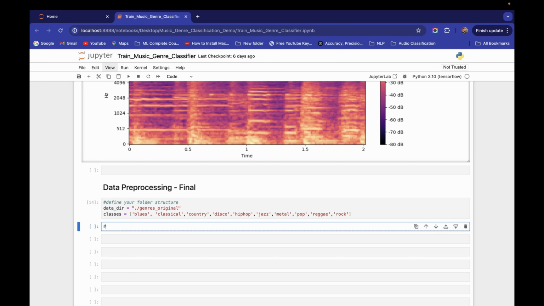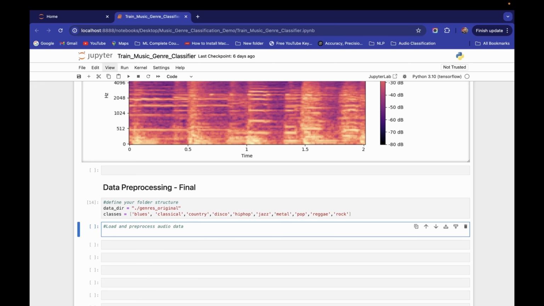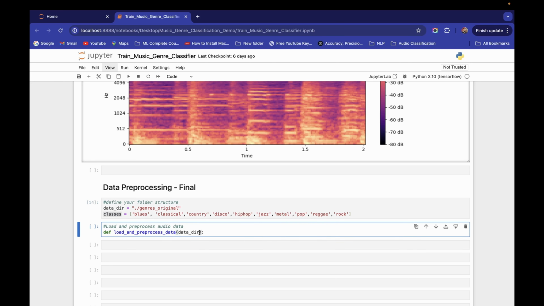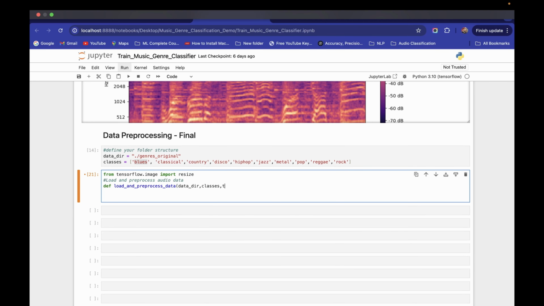I will define here what we are going to do in this cell. We are going to perform load and pre-process audio data. So we will construct our function. Let's define one function here, load and pre-process data. In this I will pass data directory, this one, and the second thing I will pass is classes. It will take data directory and classes. The next parameter we will pass here is target shape,